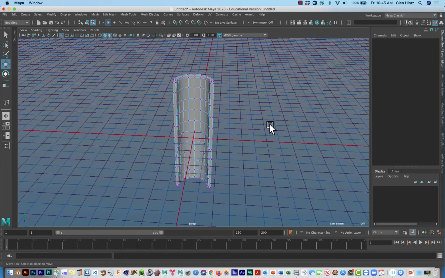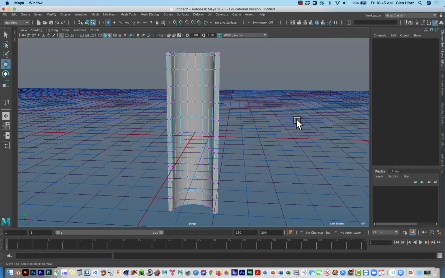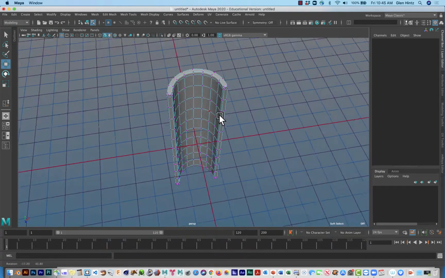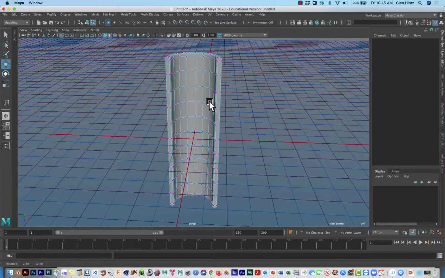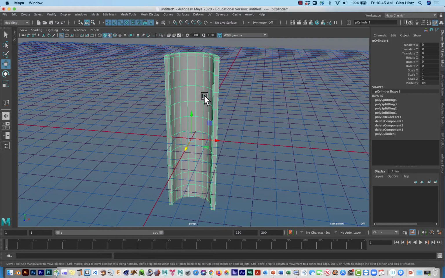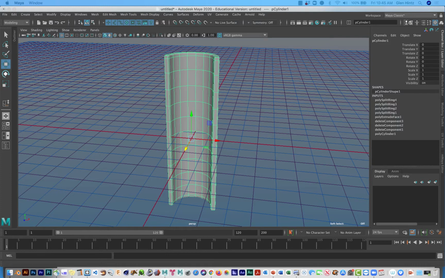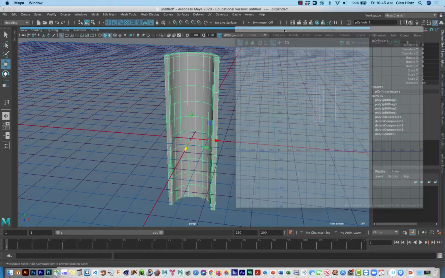So the next step, I'm going to have to duplicate this to make the shape blend. But what I'd really like to do, since I'm going to have to duplicate it, is add the color I want to this before I duplicate it, so that the color goes onto the duplicate. Now the problem is if I select this and then go to the UV editor, you'll see this is the